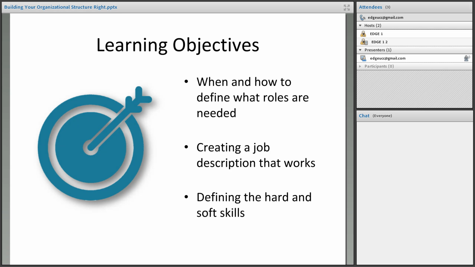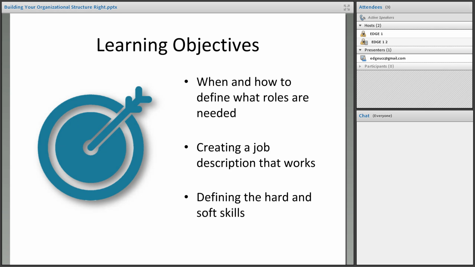In my experience working with business owners, I hear a lot, well, that's not what I brought them on board to do. That's not what I brought this employee on to do. And when I question, well, what is their job description? In many cases there isn't one, or it could be a paragraph, but it's missing some very key components. So it's very difficult to expect someone to do a role when it's not properly defined what the role is, and a proper description related to that. So we're going to talk more about that when we get into that learning objective today.